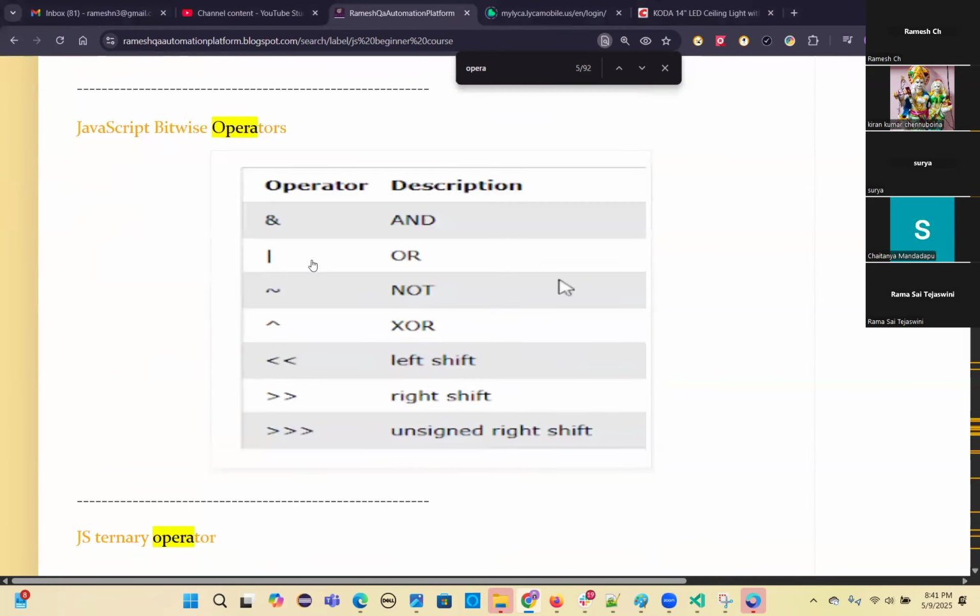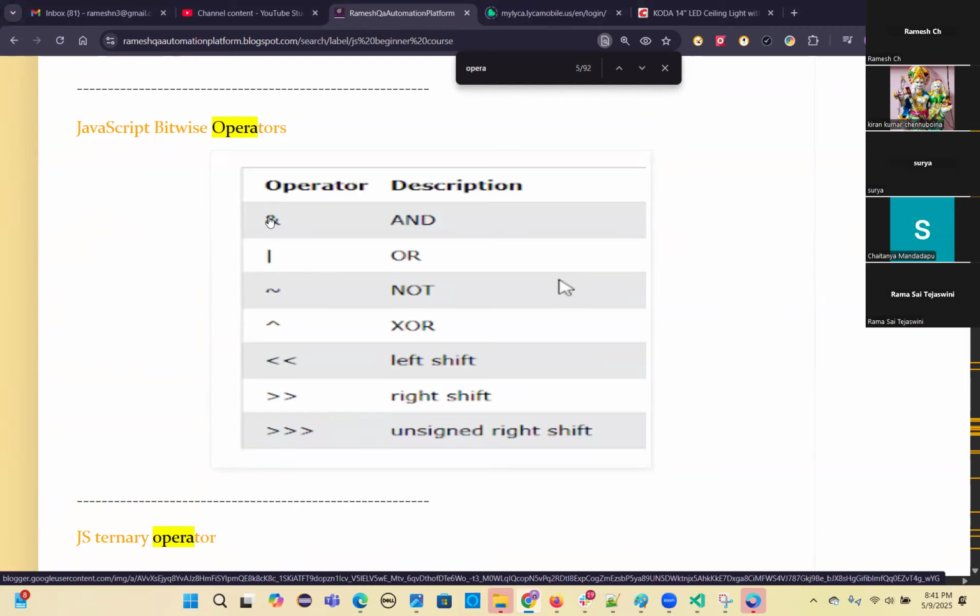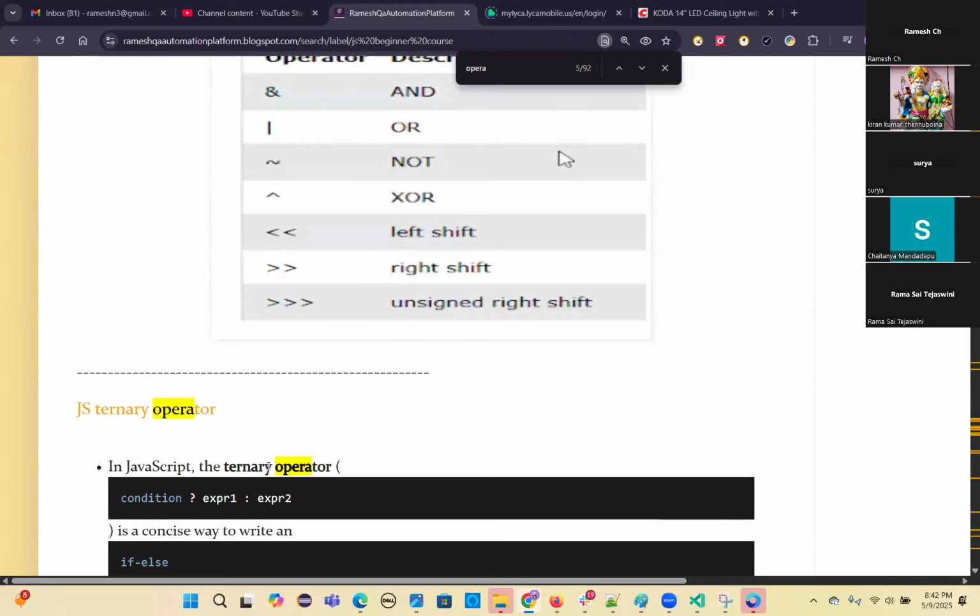And then we have bitwise: a single ampersand is and, the single pipe symbol is or, and the tilde is not. The caret symbol is XOR, then left shift, right shift, and unsigned right shift. We mostly won't use these things. Generally we use comparison, logical,